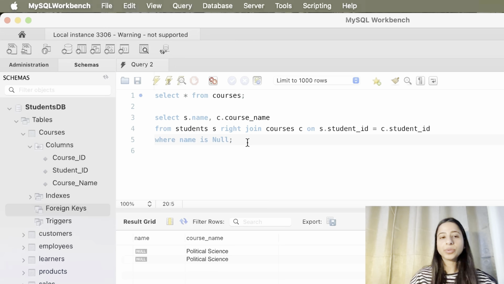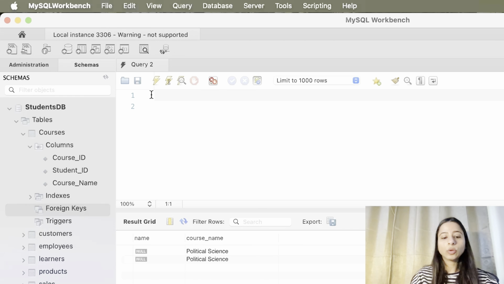So let me just show you how we can do that. Okay, let me just remove this. We first write the select query for the left join.